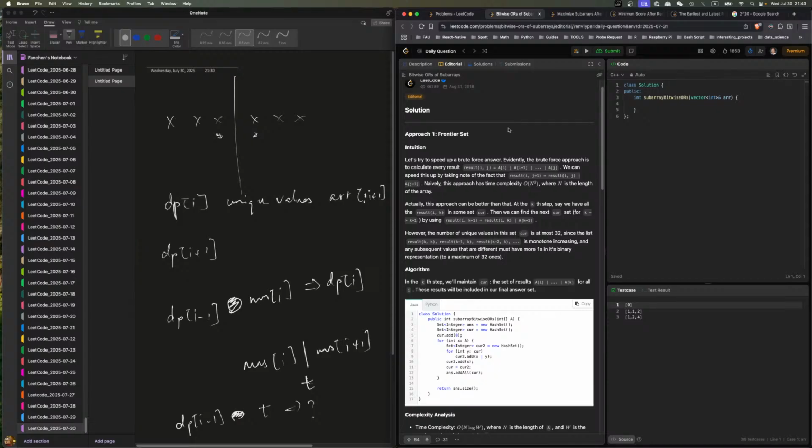Number of unique values in this set current is at most 32. Okay, why? Since the list is monotone increasing. Is monotone increasing? Huh? Well, the more you